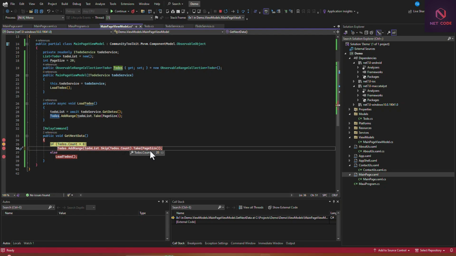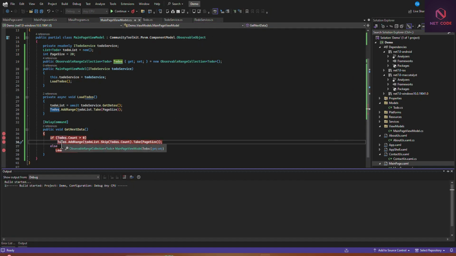So we are taking it from this to do list and adding it to this by using the count of the current count, that is 20. Skip the 20 and take the next one. Okay, so the next thing, we're going to count and now skip it and take the next one. So that's what we're going to do. Let's restart the whole application again, and now let's see if this is going to work.